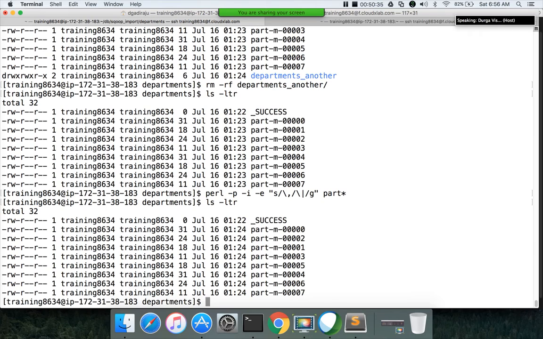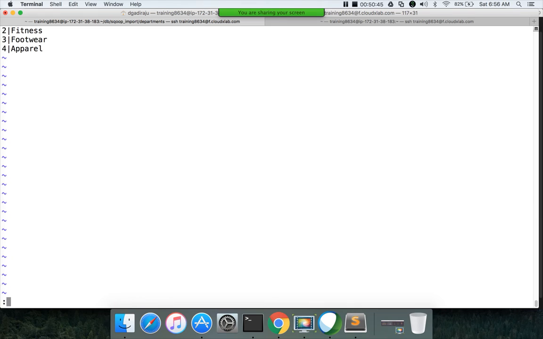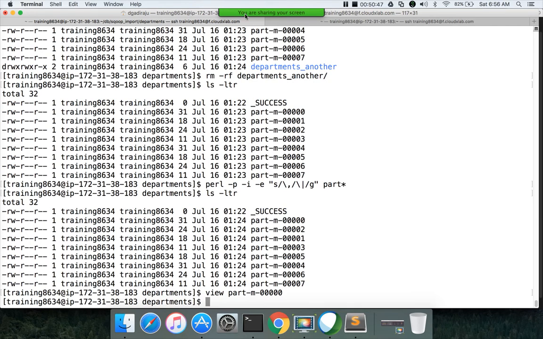Okay, now you have the data properly. So as we have the data in the local file system, everything looks good.